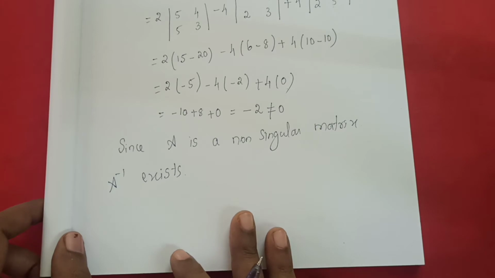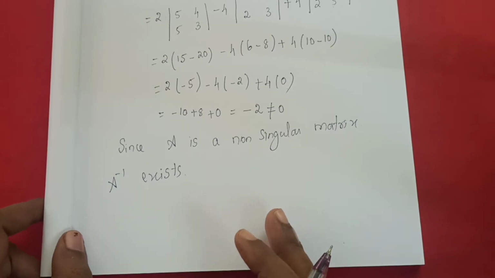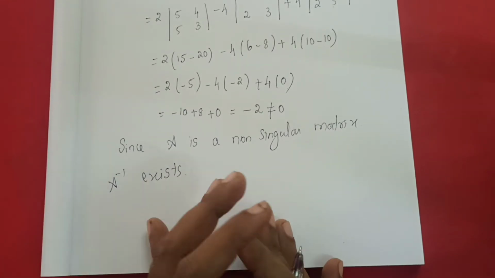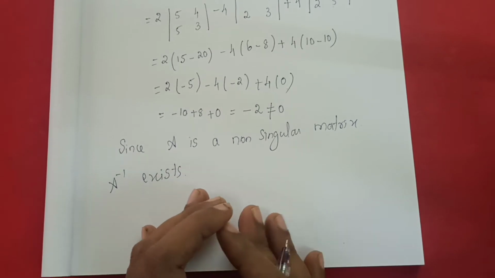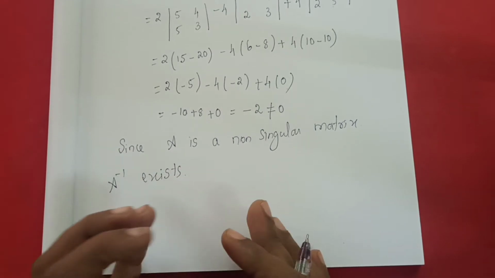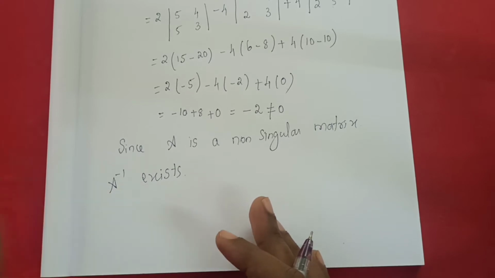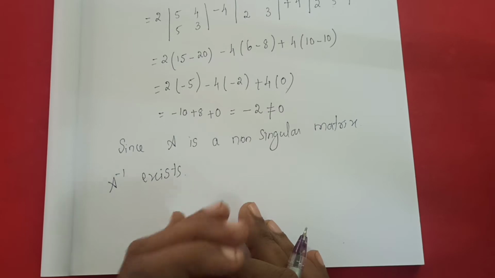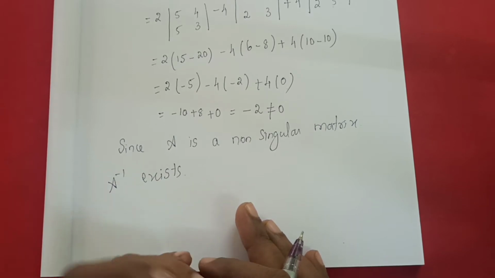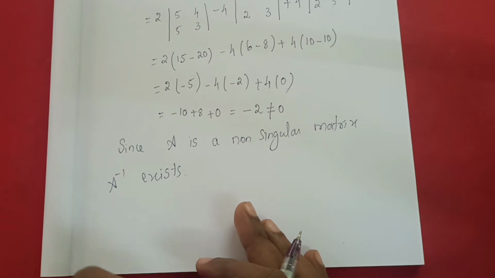Afterwards, we need to find the adjoint. We have already done more than 15 problems, so I think you are now very thorough in finding the adjoint. If you are confused and can't find it directly, and need to do it by the cofactor method, no problem, you can do it as it is. But now I will teach you how to find the adjoint of A within one line itself. Shall we do it like that?